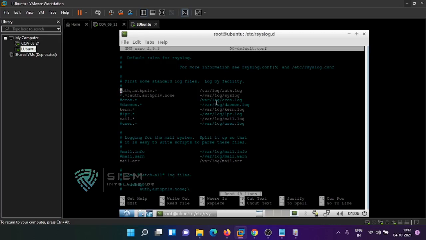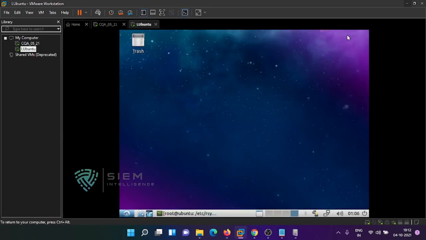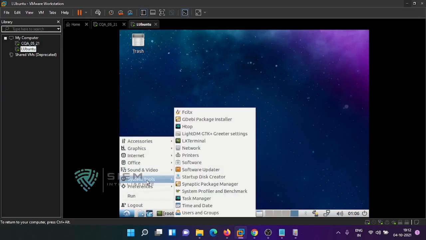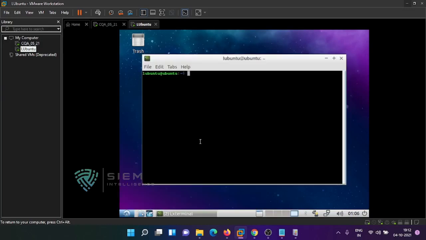See, as I told you, I'll minimize this one so that you can come to know. I'll show you the path once again. I'm going towards the path location, where the entire files will be. /var/log.